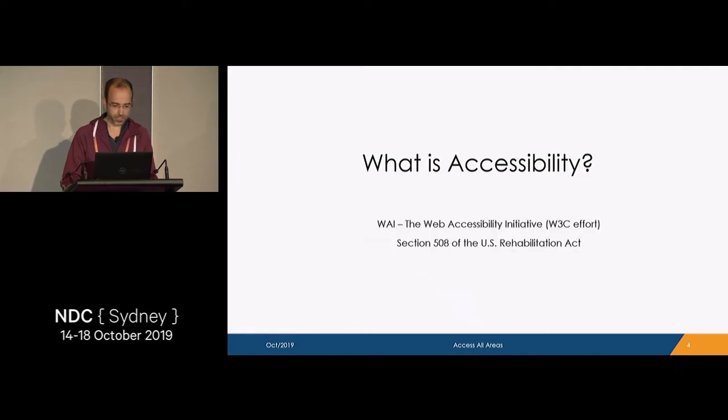Okay, so in terms of accessibility and technology, there's a W3C effort. W3C is what's called the governing body for HTML and whatnot. I'm sure everyone has heard about W3C as developers. They have this Web Accessibility Initiative where they define a set of guidelines and rules on how web content should be produced so that it is accessible. So does anyone know which rules they may have? Do you have any idea off the top of your head?